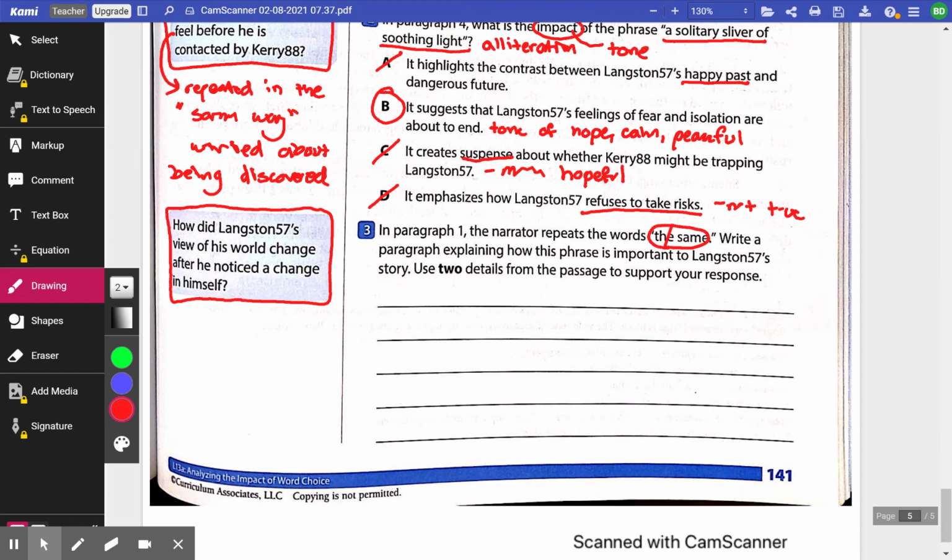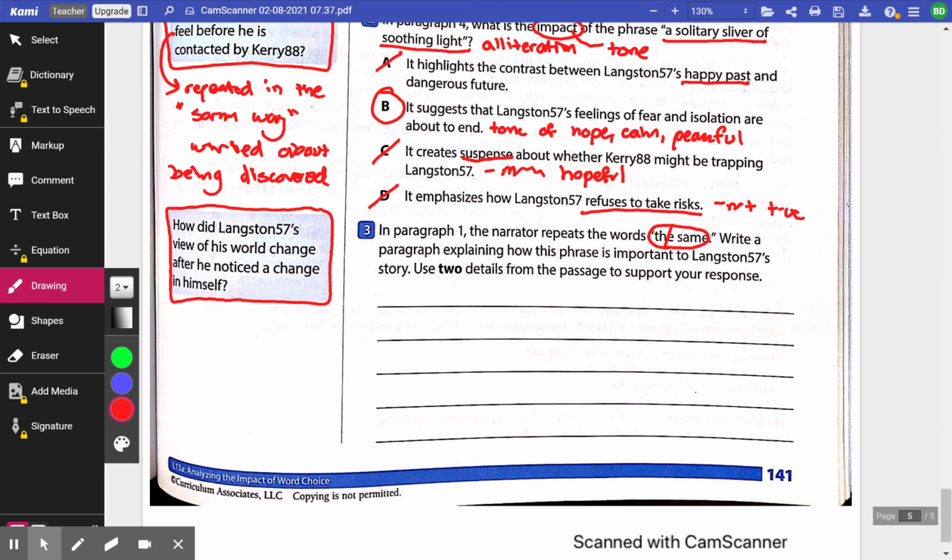response. So, what I want you to do now is take a minute. I want you to respond to this writing prompt in a paragraph. And as you are writing, I want you to use your RACE strategy. I want you to restate the prompt. I want you to answer the question. I want you to cite your details, your evidence from the text. And then I want you to explain your evidence because we've got to take it a step further. We have to have our evidence, but we have to explain it too. And then I want you to have a concluding statement at the end that's a little bit of summary.